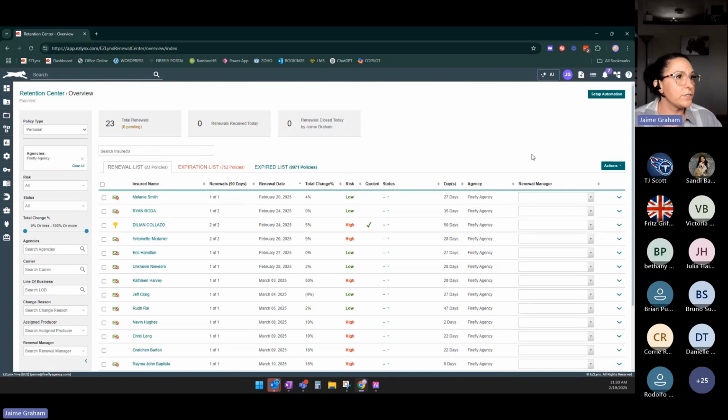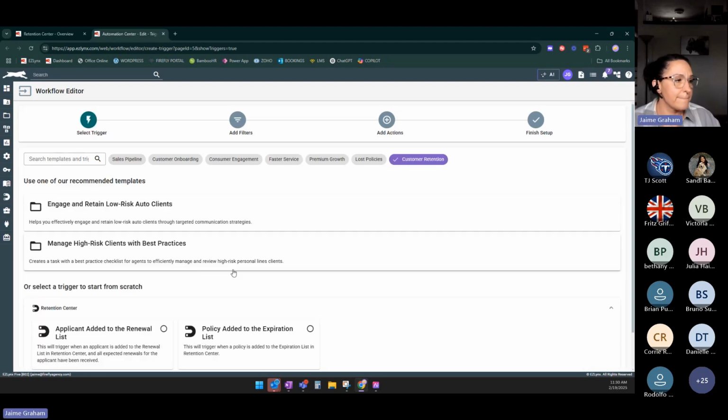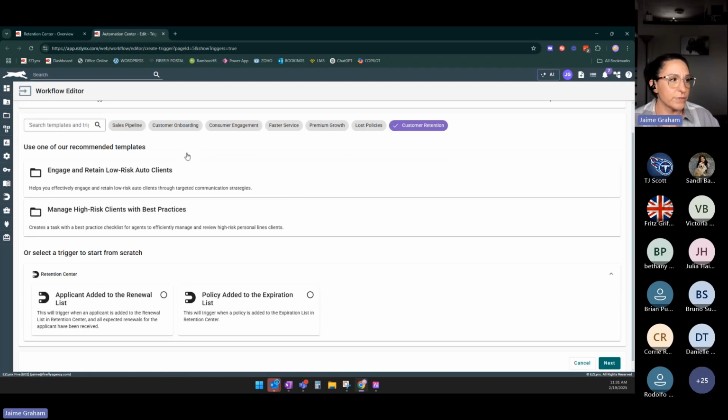So another thing that I wanted to show you guys today with Retention Center is there are a couple automations that I highly recommend that you set up to help you out with this renewal workflow in Retention Center. If you see up here in the top right-hand corner of your retention overview screen, there's a button that says Set Up Automation. If you click that, it's going to bring up a new tab with Automation Center, and it takes you directly into the Retention Center related automation options that you have here. So the first automation that I want to show you how to set up is